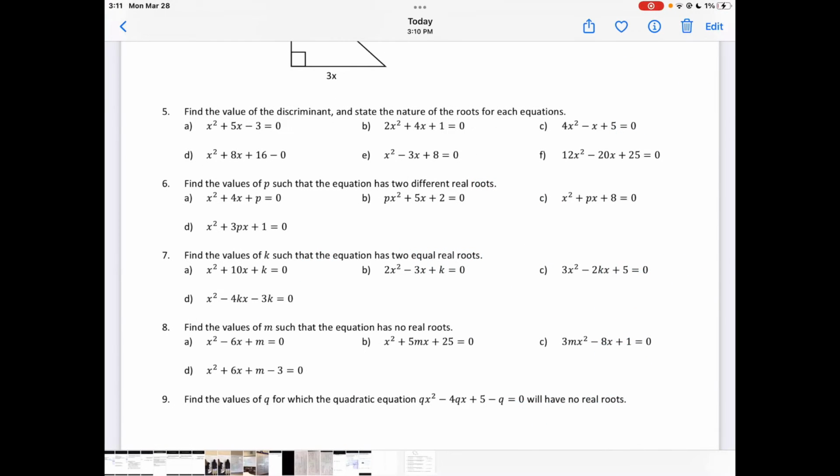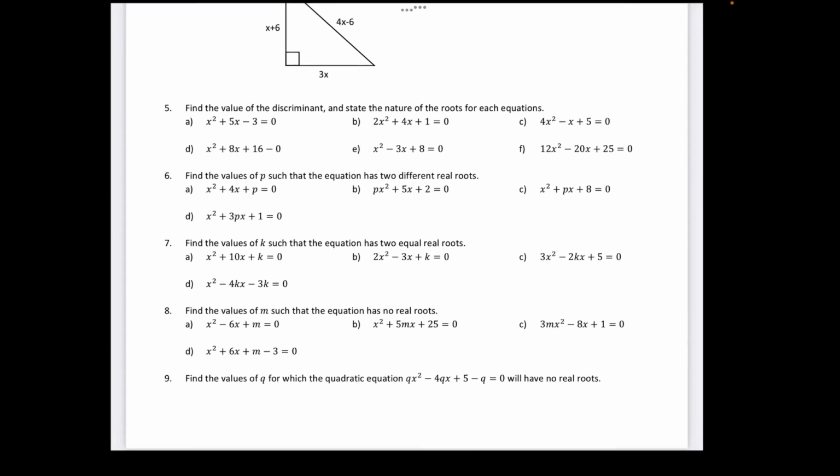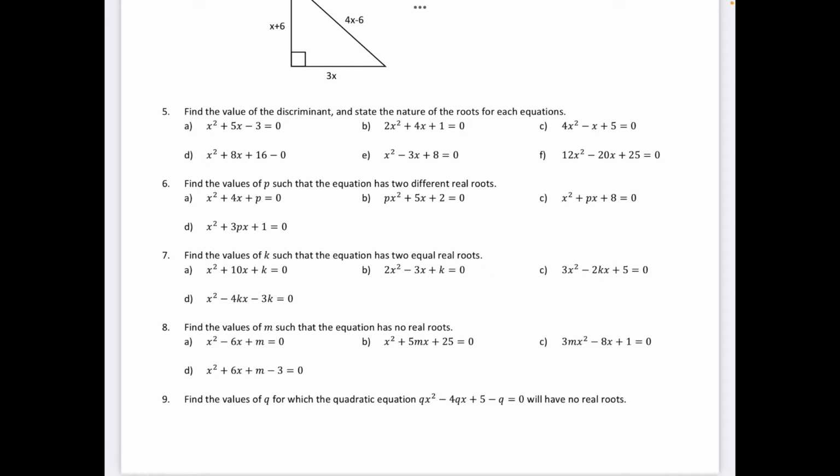This video is going to go through a couple quick examples from the worksheet from Friday. Hopefully that helps you for the quiz. So here I'm going to choose an example. Let's do